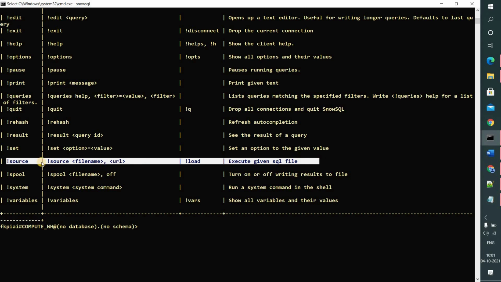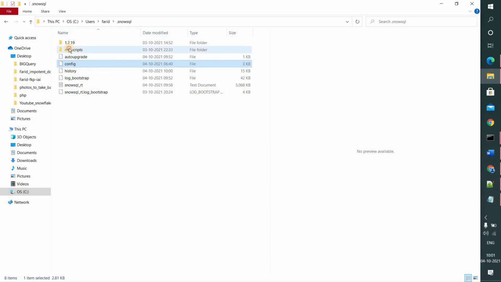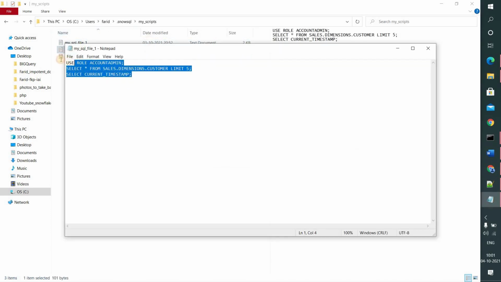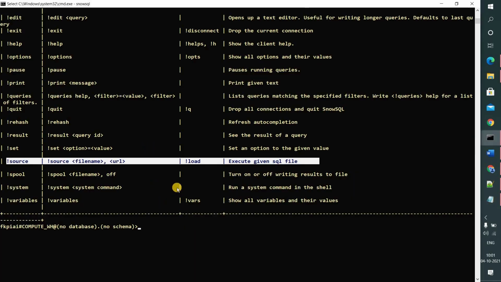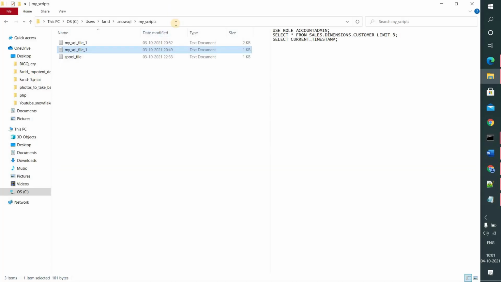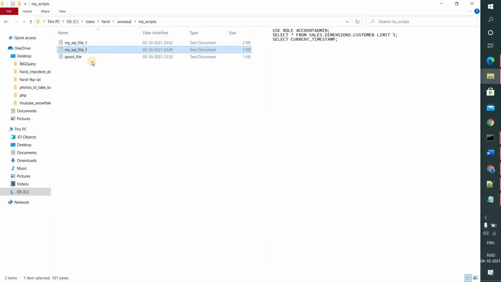So source is a command which we can use to invoke a SQL file to the SnowSQL to execute it. Example, if I want to execute this particular script, this is my SQL script, I want to execute it at the command prompt, at the SnowSQL prompt. I can say exclamatory mark source and let's use the path of this particular file and say